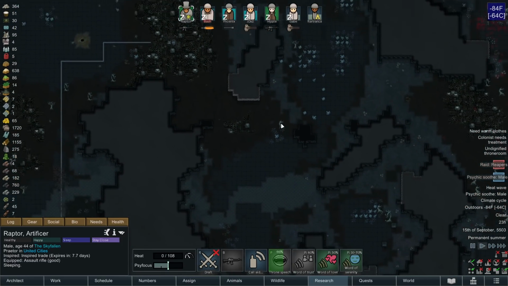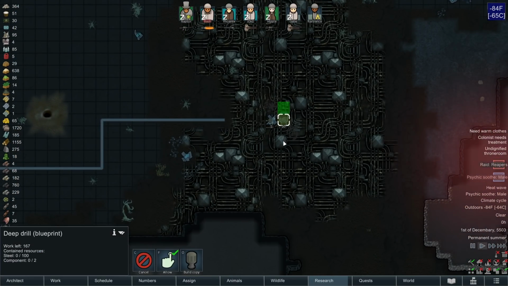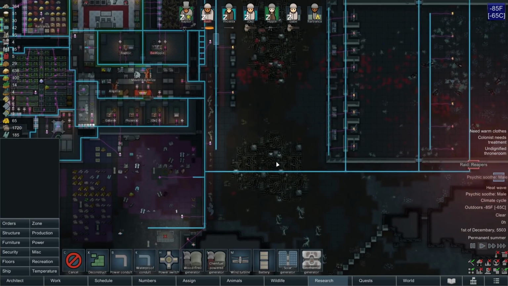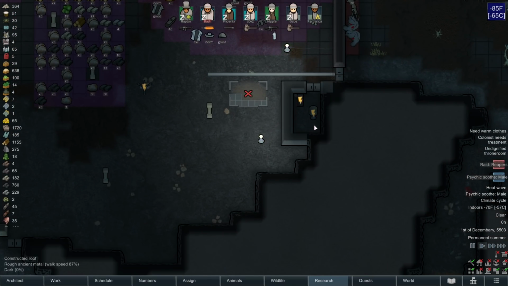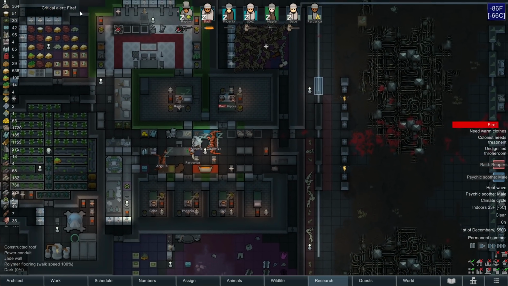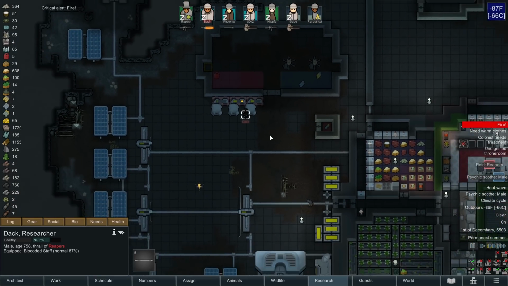All right, so those raids are done. I did get a deep drill blown up here. I'm actually not even going to replace that deep drill. I'm just going to start mining the plasteel. And I'll move the plasteel drill up to the gold if I need it. Oh, no, actually,